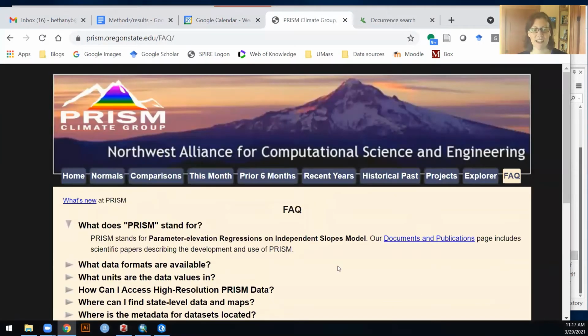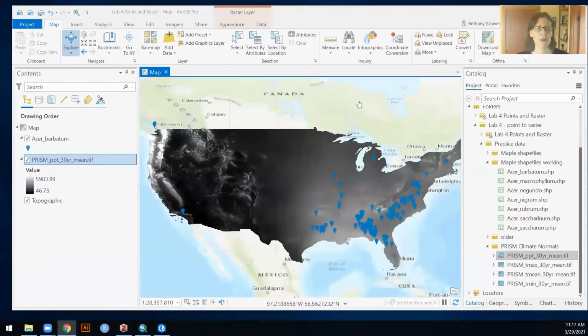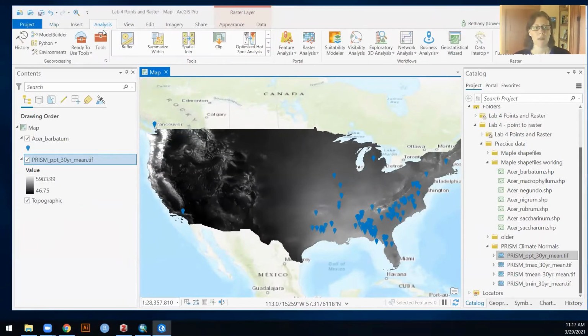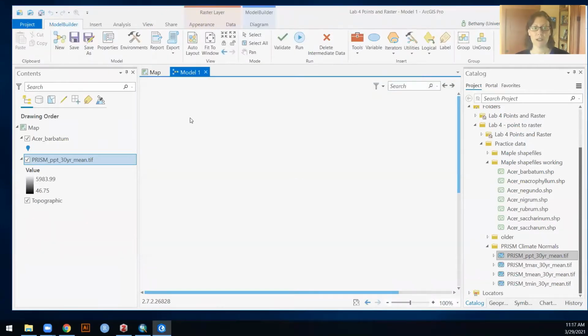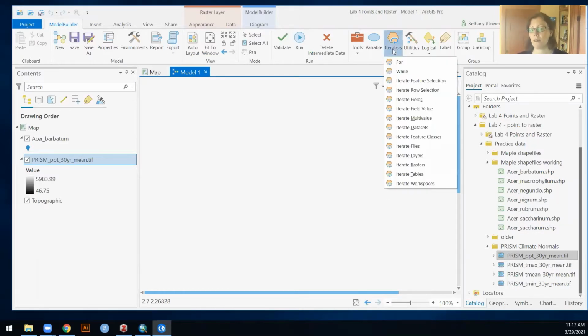It's probably in there. Okay, so what we're going to do is start out with a model, but we'll go through each of the different tools. So for any kind of analysis that we want to do, in this case I've got 7 different shapefiles that I've created, which means that I want to start out with an iterator. These are shapefiles to begin with,